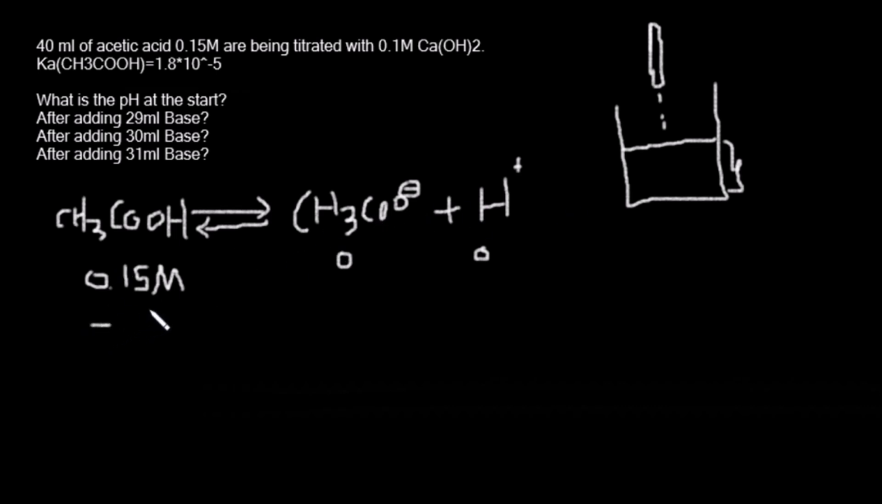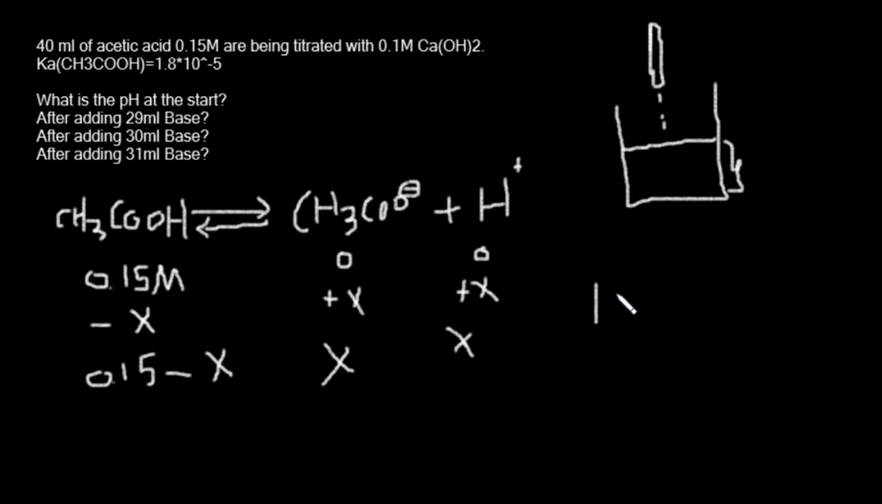Let's say it dissociates by X. We don't know how much it dissociates, so we put minus X, and at the end we have 0.15 minus X, and here of course we have plus X, and here we have X. And the equation is Ka equals the products divided by the reactants, so X squared divided by